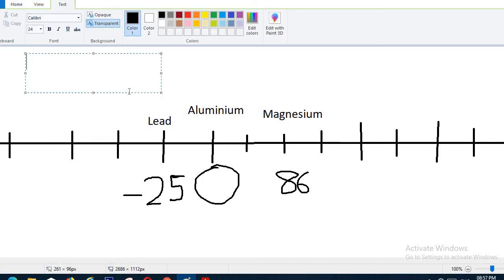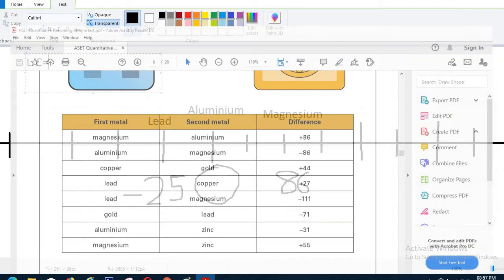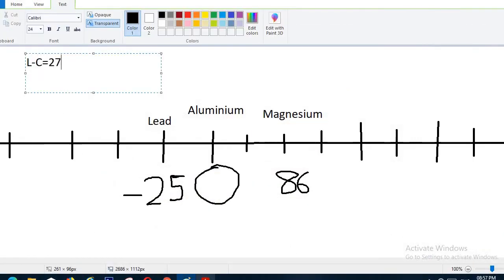Let's take lead as L minus copper as C equals 27, plus 27. So if you need to find out copper, because we already have lead, so copper will be equal to